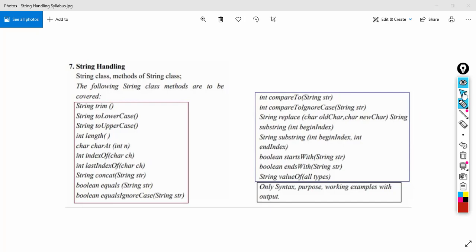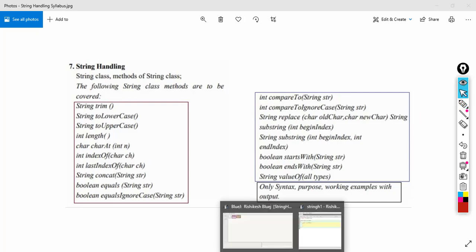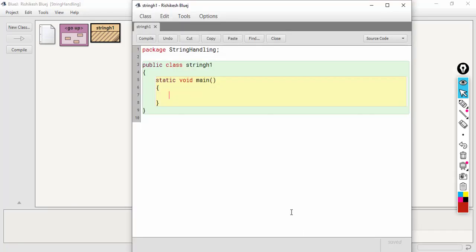So let's create a string s1 and store some string in it. Let's say, apple is good for health.